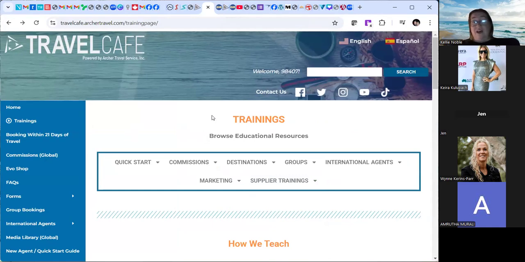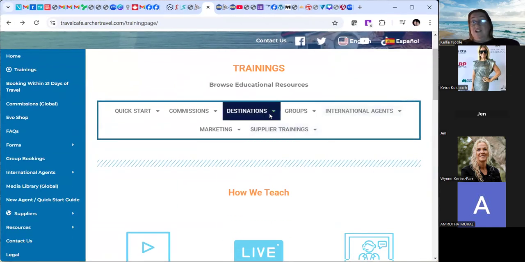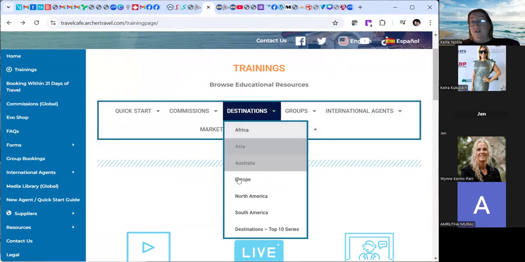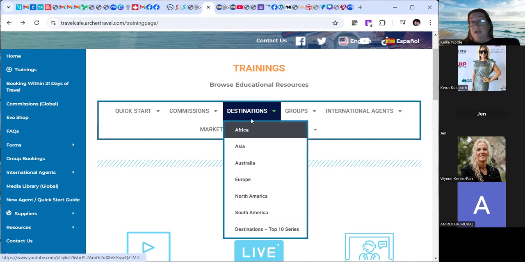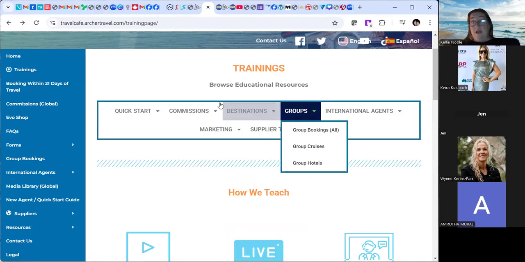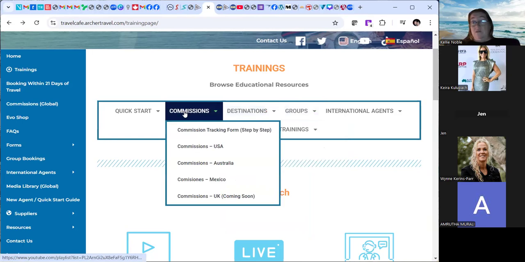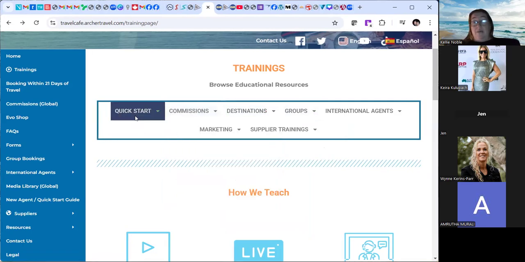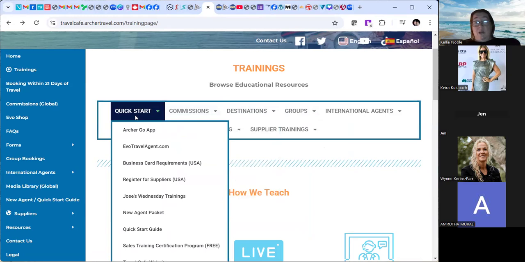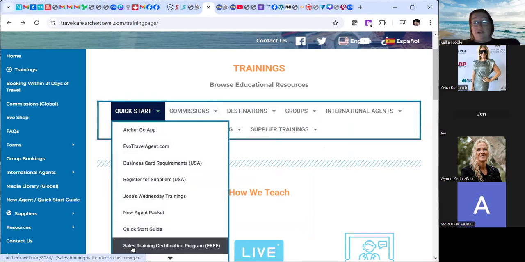There's also lots of other sort of trainings. You don't just have to do those trainings. There's destinations trainings. You can click on any of these and find different destinations that you can learn about. There's trainings on groups. There's trainings on how to do commissions. There's quick start trainings. One that is a really good training that is a free one is a sales training